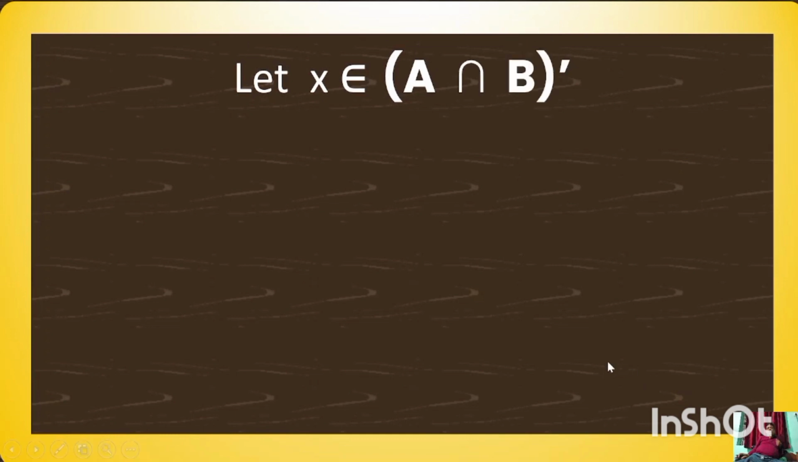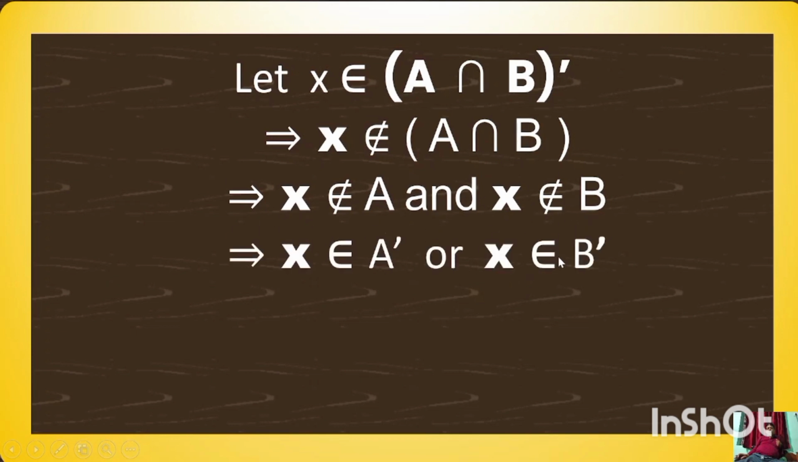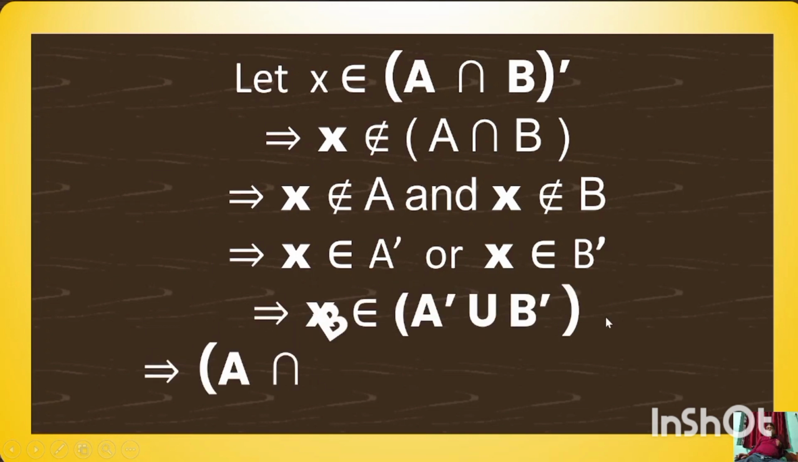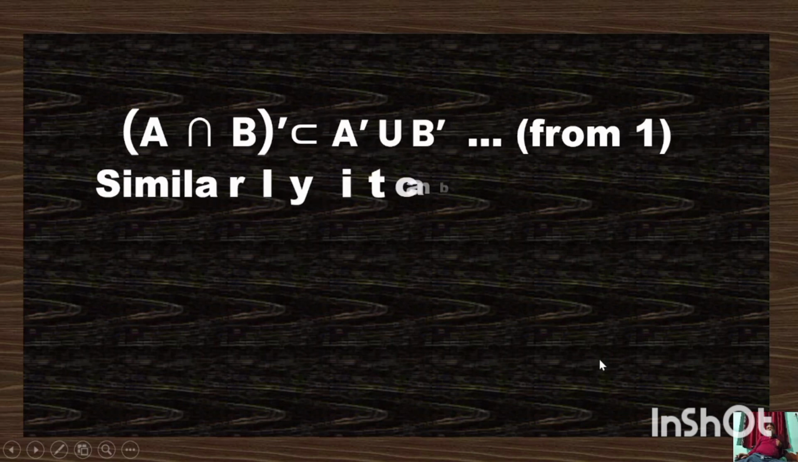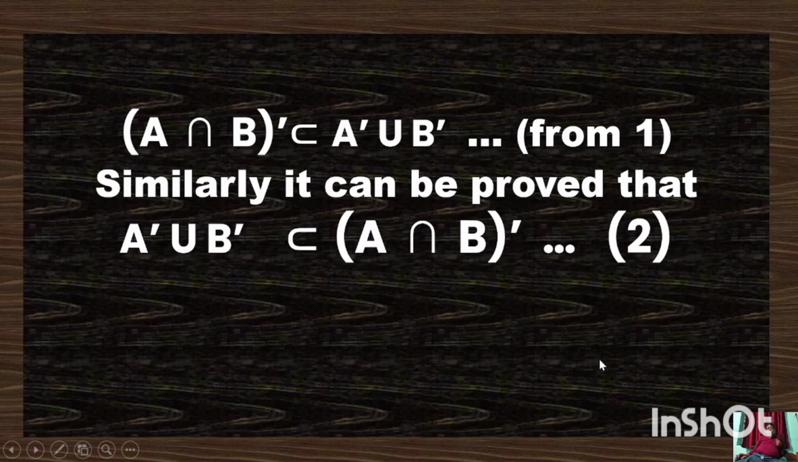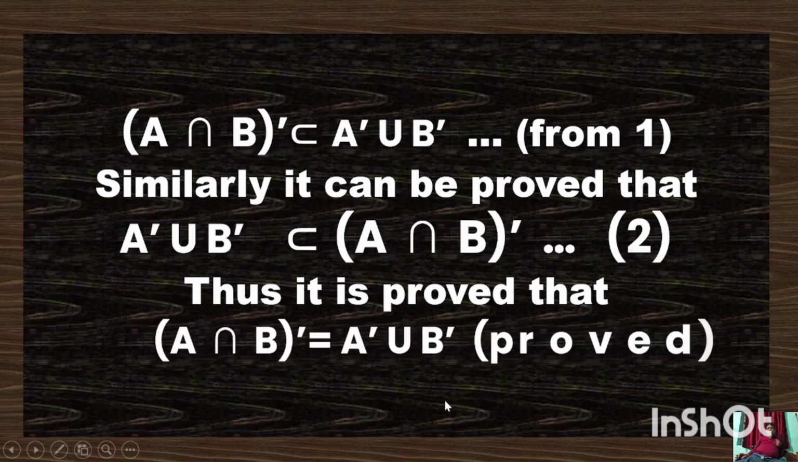Have a look here. Here X belongs to A intersection B whole dash. It means X does not belong to A intersection B. That means X does not belong to A or X does not belong to B. It means X belongs to A dash or X belongs to B dash, or X belongs to A dash union B dash. It means A intersection B whole dash is a subset of A dash union B dash. Similarly, it can be proved that A dash union B dash is a subset of A intersection B whole dash using the set builder method. In both the cases, we get A intersection B whole dash is equal to A dash union B dash. Okay,